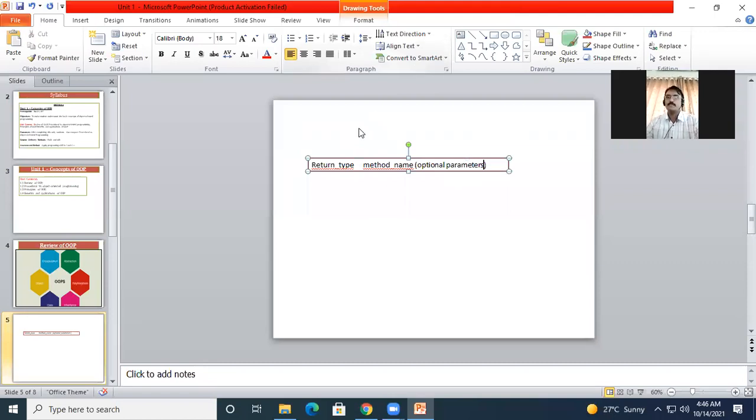The function which has the return type without parameters, return type with parameters. This is 2 types. The function which will not return any value, that means void. We call it as a void data type. Void, name of the method, and with parameters and without parameters. Right. So ultimately we are having these 4.